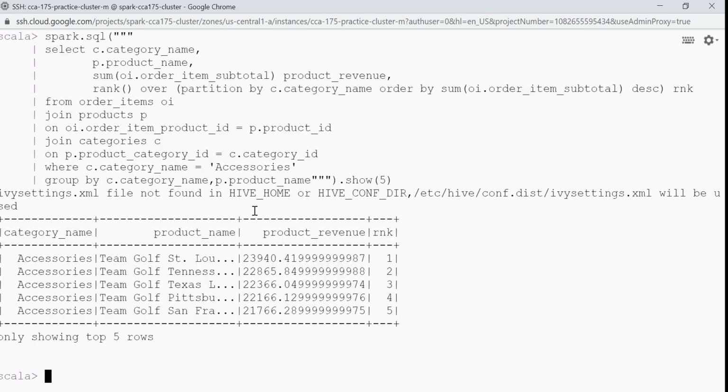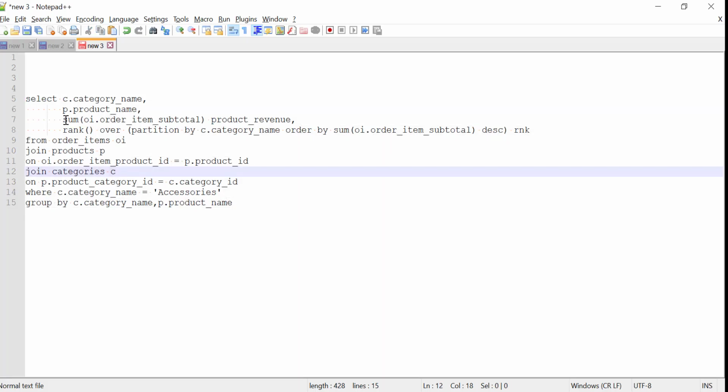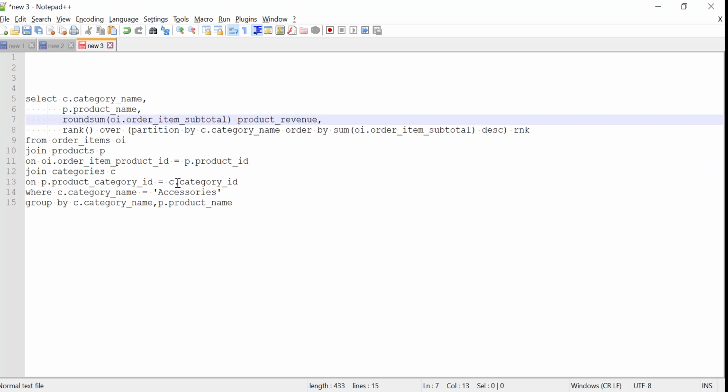Okay, so this is how the data looks. We have category name, we have the corresponding product name, and then we have product revenue. What we can do here is round this product revenue to 2 digits after the decimal. We'll do that, and then we can see that we have a rank here, and this product revenue is in descending order. So on top of this query, I can say round